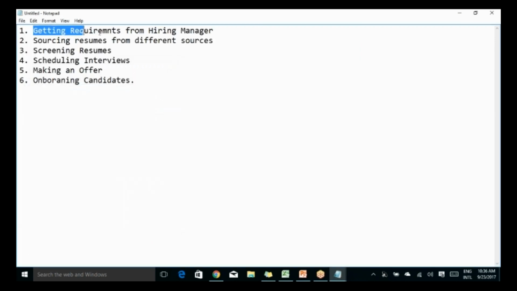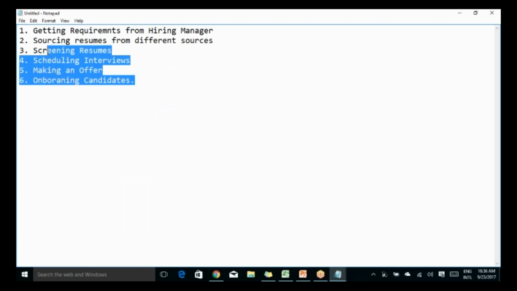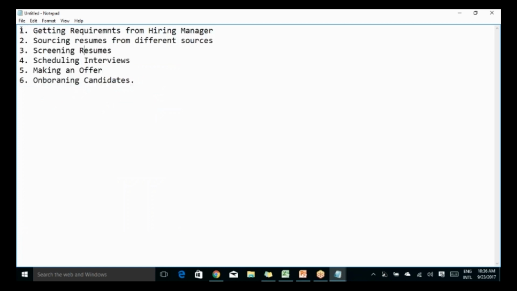If you see the list of processes that are highlighted here, all of the processes are sequential. First, a process happens in one sequence. Once this process is complete, the next process starts. Once that is complete, the third process starts. Now this is an example of a sequential process in a particular system. If you map it with a system like Taleo or Workday or SuccessFactors, all these processes would happen one after another, and this would all be driven through a workflow.